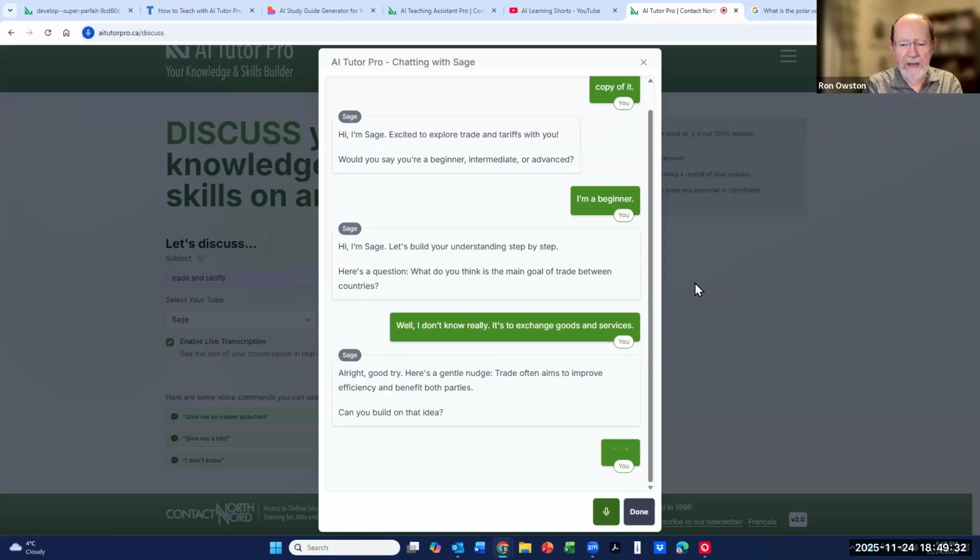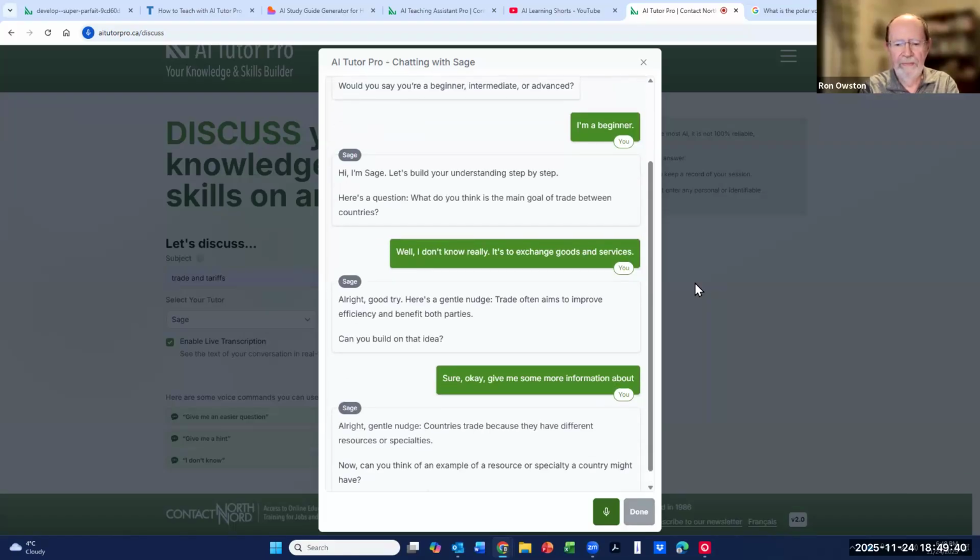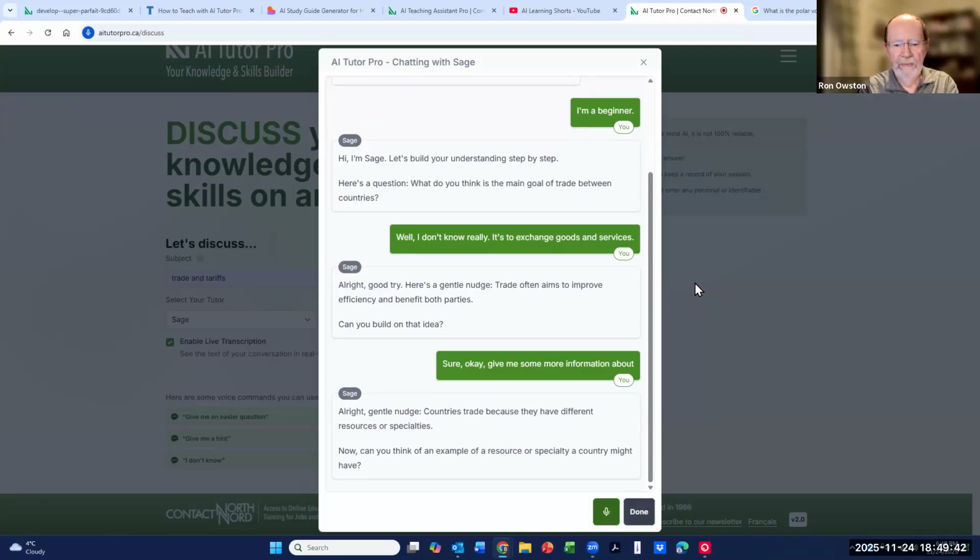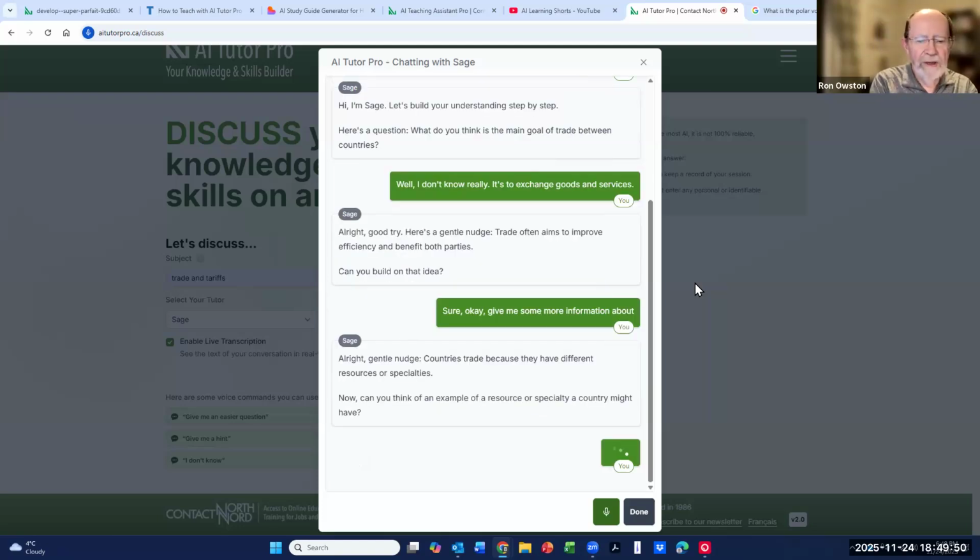Sure, okay. Give me some more information about it. All right, gentle nudge. Countries trade because they have different resources or specialties. Now, can you think of an example of a resource or specialty a country might have? Oh, a country would have maybe natural resources it would want to export.